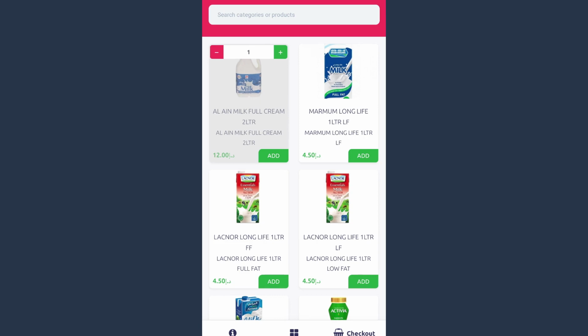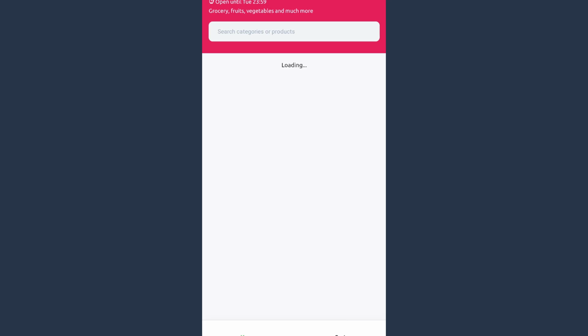So here you have an option. You can increase or decrease the number. Suppose you want to order another type of milk, you just click on this add button and the item is added. So you can add or minus as you want. Okay, it is very efficient, very fast. So you can go to the previous window wherein you have the option of other items or the different items that you require.